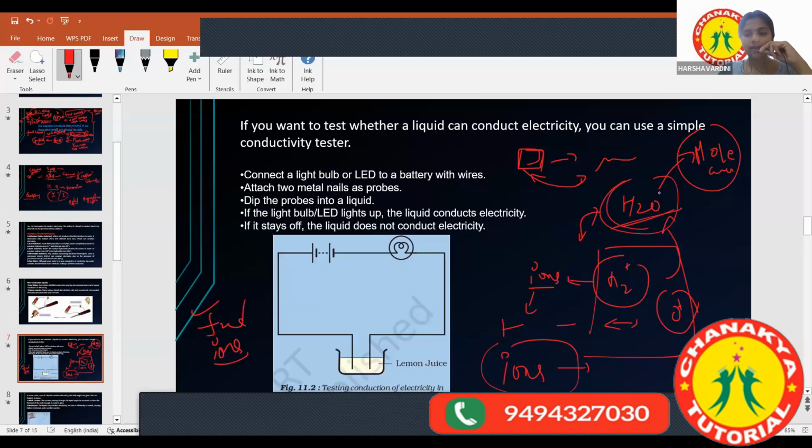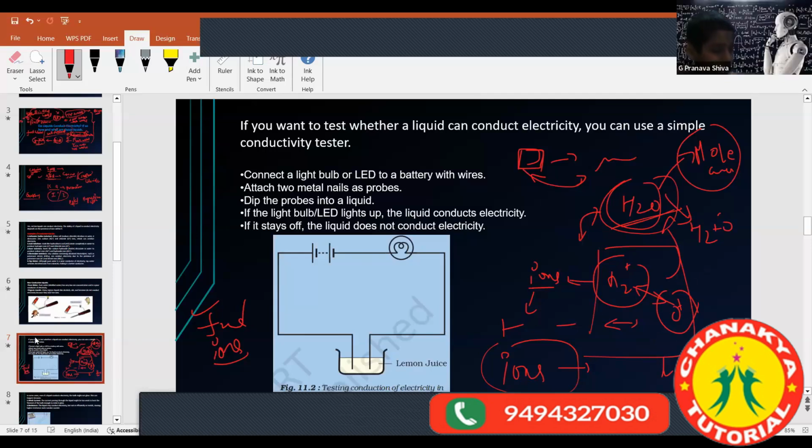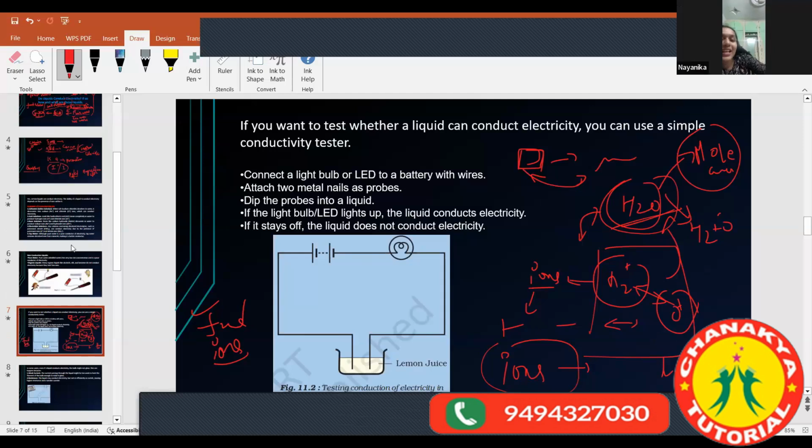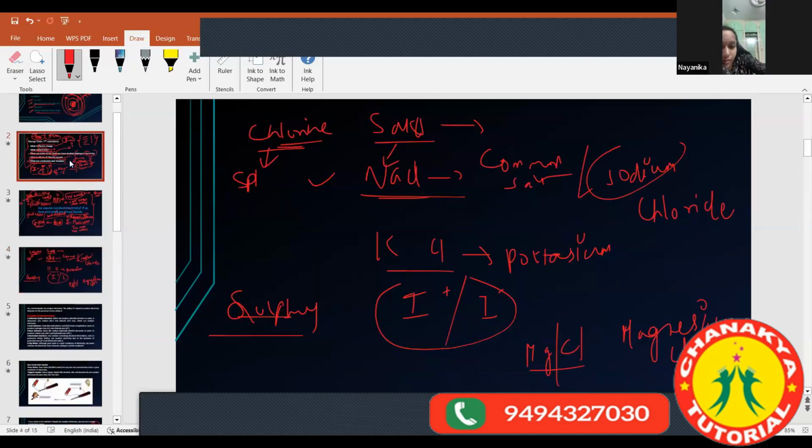Free ions means that H2 plus O will combine to give you H2O. But in distilled water, they are not freely present; they won't combine with each other. In distilled water, they will be as molecules. Ions means free ions; they don't react with each other. Unless they react, you have no problem. When they react, they become molecules, atoms, and everything. Yes, correct.